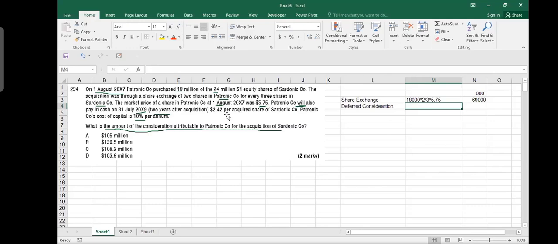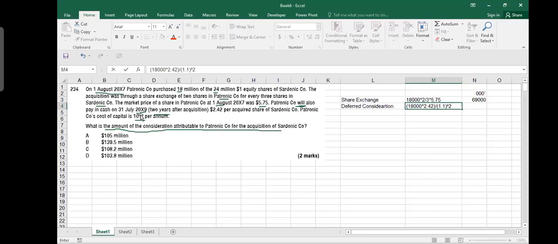So how much does that make? 18 million multiplied by 2.42, and this price you will give after 2 years. So you are going to discount it and divide by 1.1. So 2 times you have to divide. Either you can do it like this, but that's not a very professional way. You should be doing 1.1 to the power 2, because you have to make a 2-year discount factor,